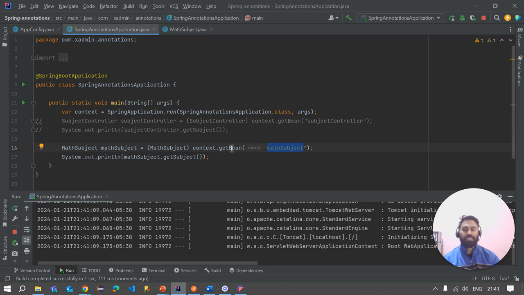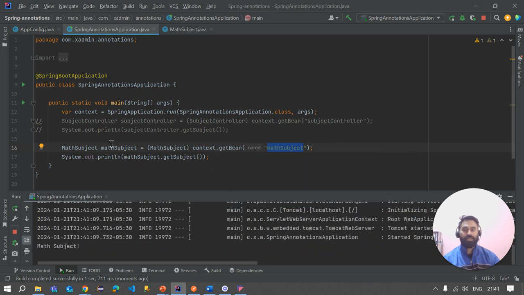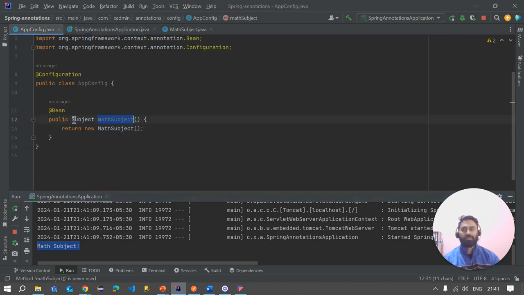So with this we can get the object of this bean here in the math subject, and then math subject is calling get subject, and here we are getting math subject, right, as a return. So this is about how to customize the bean, and also we have seen the method name is the default name for the bean, right? So in the similar manner,